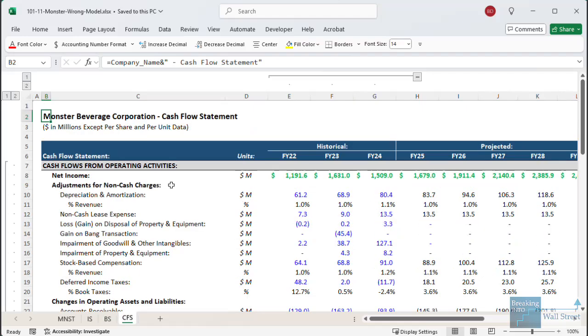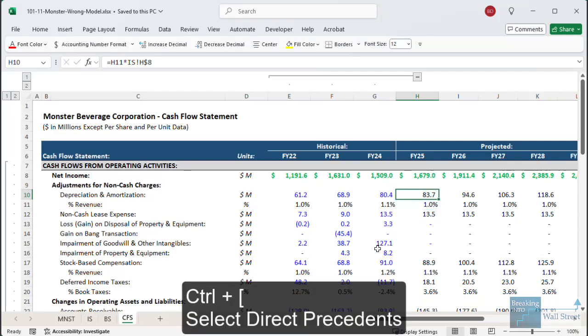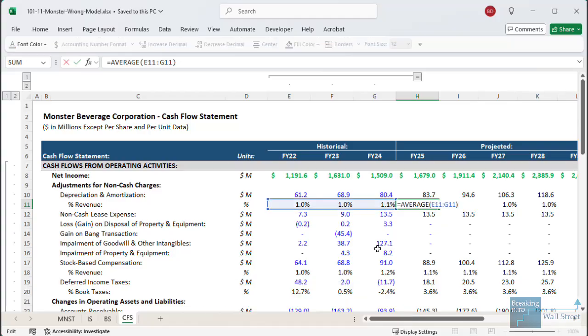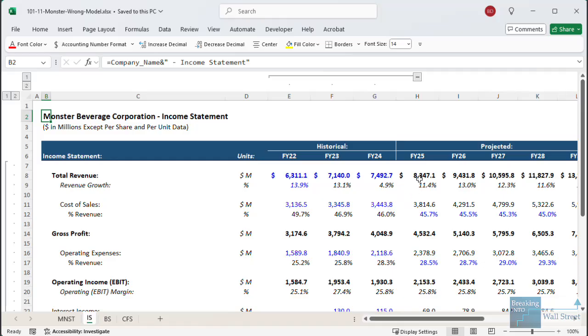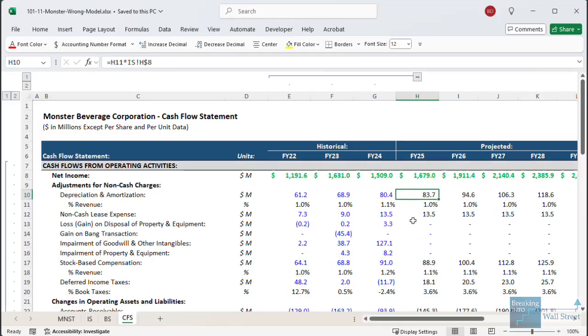This is really bad because when you go in and edit something like this, it's very awkward because when you press Control left bracket, for example, to trace a formula, if it is spread over multiple tabs, you get one of the assumptions on the current tab, here, for example, for depreciation and amortization, but you don't actually see what it's linking to on the income statement tab. It does not jump you over there automatically. So you can't get to total revenue by doing that,